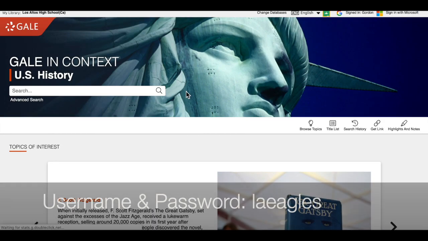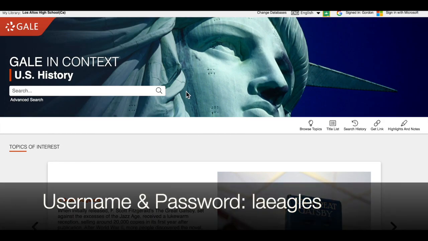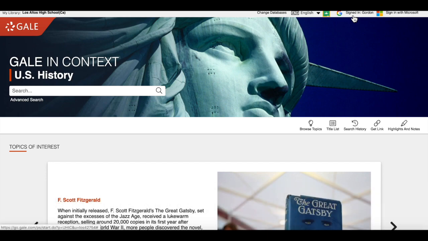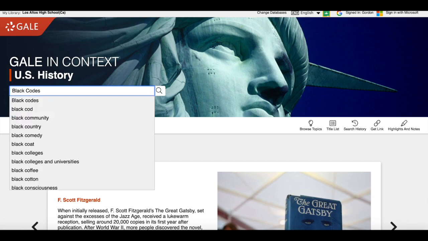So if you click on U.S. History and Context, the username and password is LA Eagles for both, and then you'll get to this page. You can sign in up here and link it to your Google Drive account, so you can save articles there if you need to. But what you're going to do is just put in your topic here. So let's say I'm researching black codes,